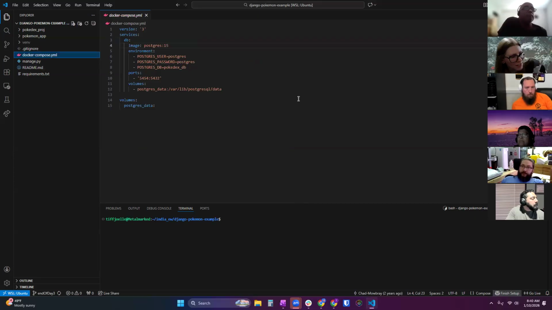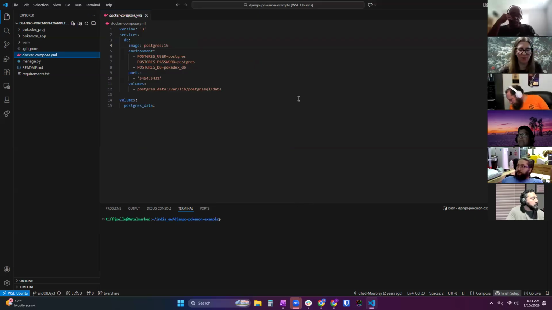Persistent data storage. Exactly, persistent data storage. So it's helpful when you're working on your projects to have the volume so you don't lose data between spinning up your containers and then shutting them back down, because you're not going to let your container run all night long on your computer. You're probably going to stop it and go do other stuff. So that volume allows that data to persist.